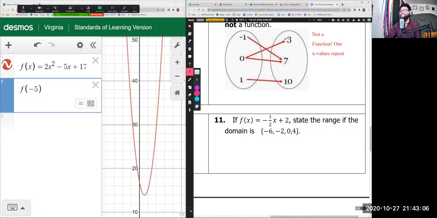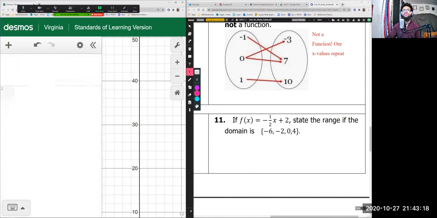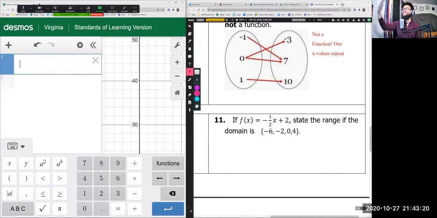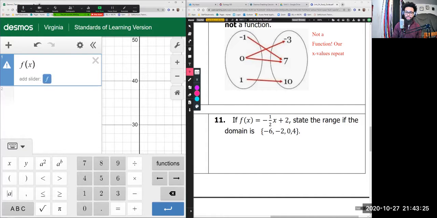This says if f of x is equal to -1/2 x plus 2, state the range if the domain is -6, -2, 0, and 4. So let's come back. I'm going to delete these. I don't need them anymore. And now we're going to type in this f of x. So this is going to be f parentheses x equals